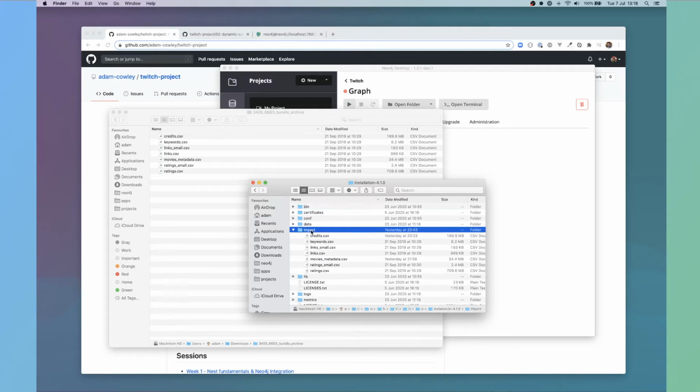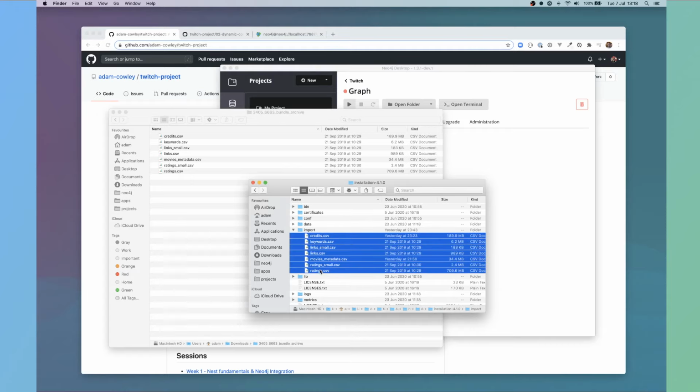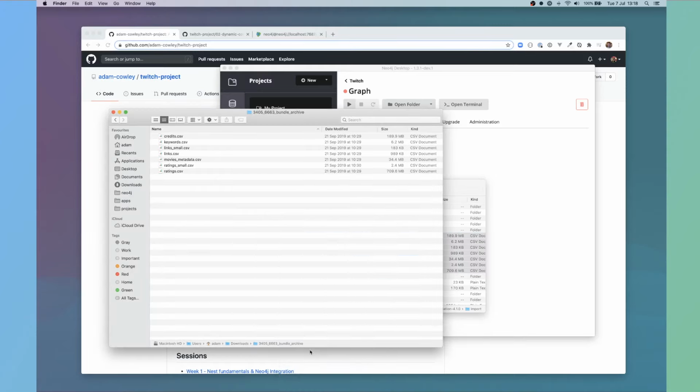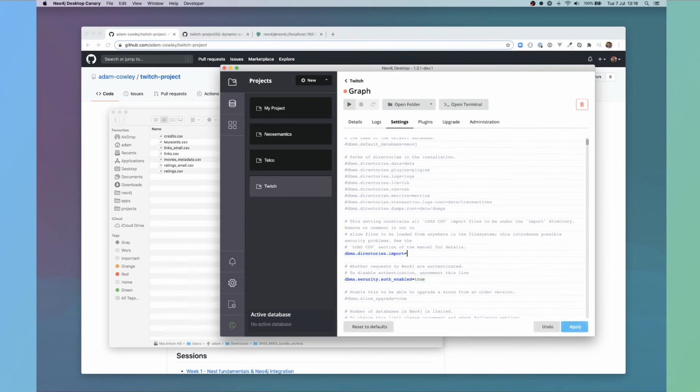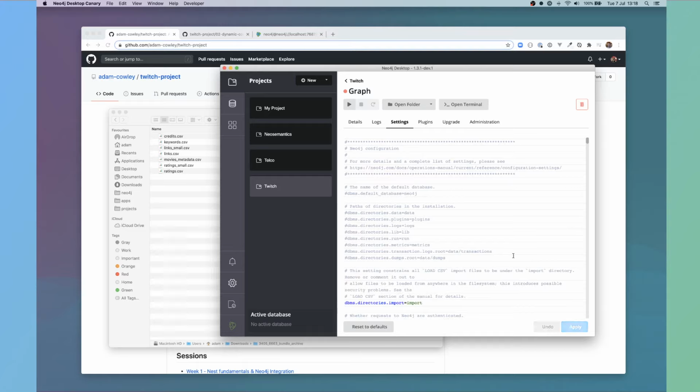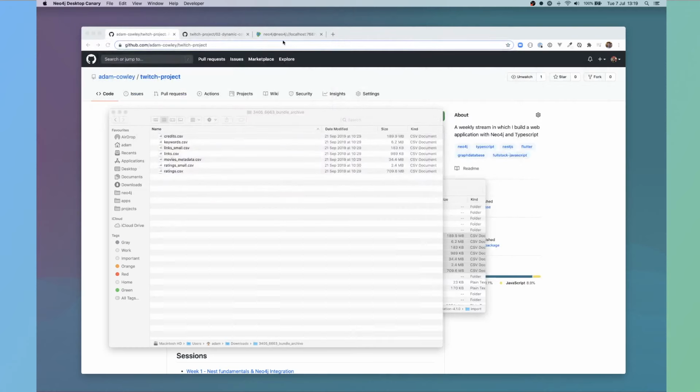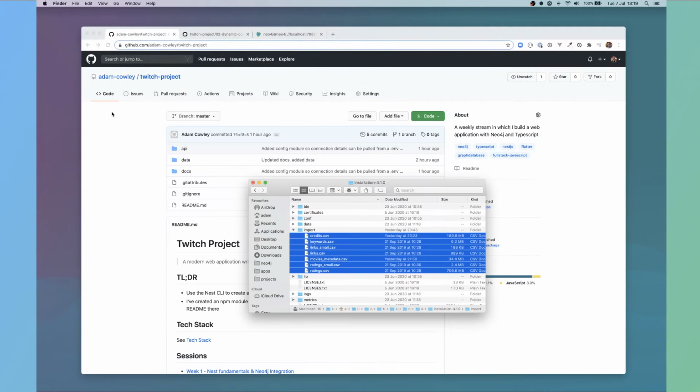We can paste these files into this import directory, or we could take the path name and update the import setting to that folder, and then we can access the information from that folder. Once we do that, we apply and then restart the database. Then the files will be available. That's just a security feature in Neo4j. I have these files in my import folder already.